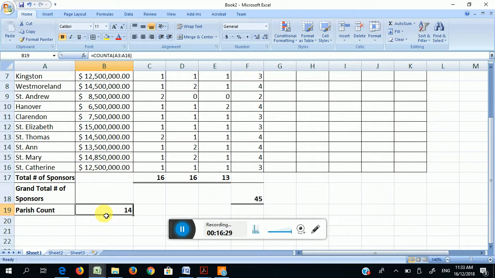Equal COUNTA. Open it up and highlight all the parishes. Highlight all the parishes.